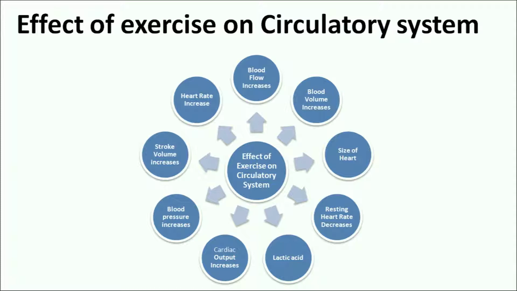The blood pressure as a result of physical exercise is also increased. The upper limit is known as systolic and the lower limit is known as diastolic blood pressure. The blood volume increases. Increase in the volume of blood plasma results in decrease of blood thickness, which leads to better blood circulation. Blood flow increases. Increase in the volume of blood plasma results in decreased blood thickness, which increases the blood flow also.